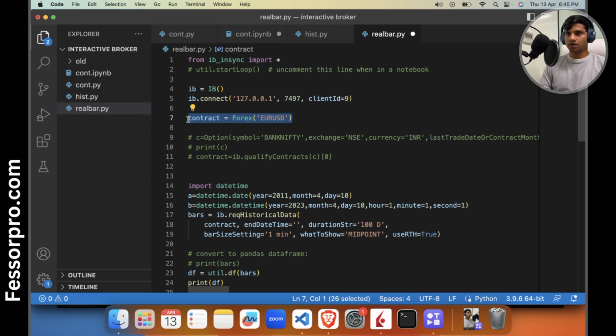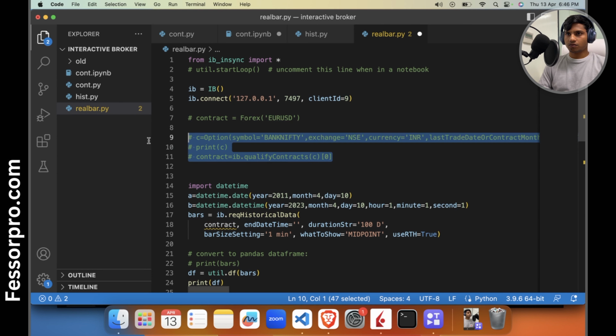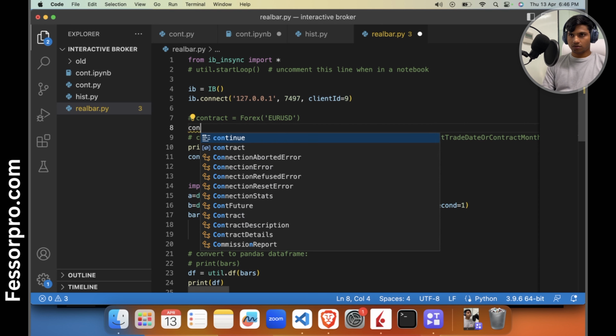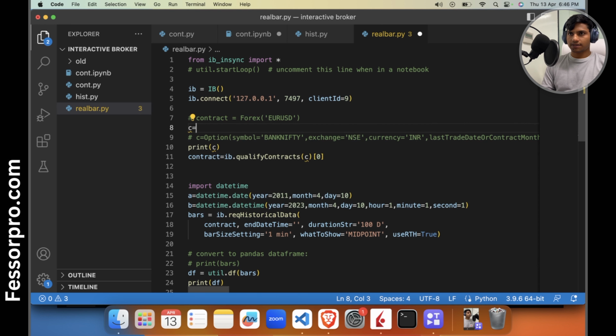Just comment this. I can remove the comments from here instead of the option. Okay, I'll just comment this also. We will try this example too. So let's make a new contract altogether. I'll write c is equal to,